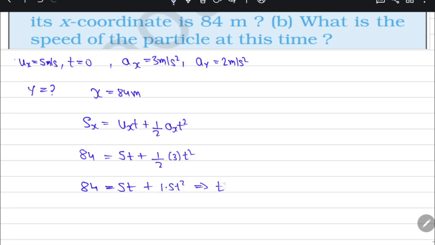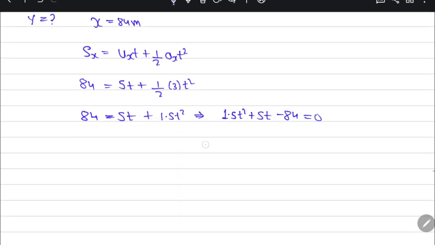This is a quadratic equation: 1.5 t square plus 5t minus 84 is equal to 0. Now if you solve this quadratic equation, let me solve this. Minus 5 plus minus under root b square is 25 minus 4, a is 3 by 2, c is minus 84, divided by